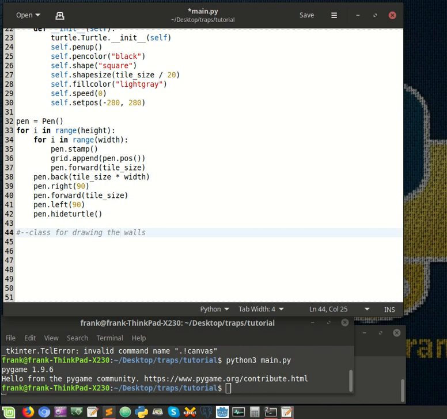Same as before. We can actually copy paste this, but no, I don't like copy pasting that one. So class Pen2, and again turtle.Turtle, which is our superclass, and our dunder init